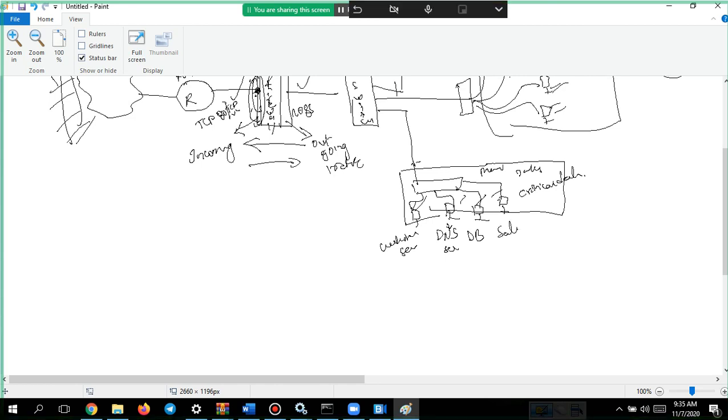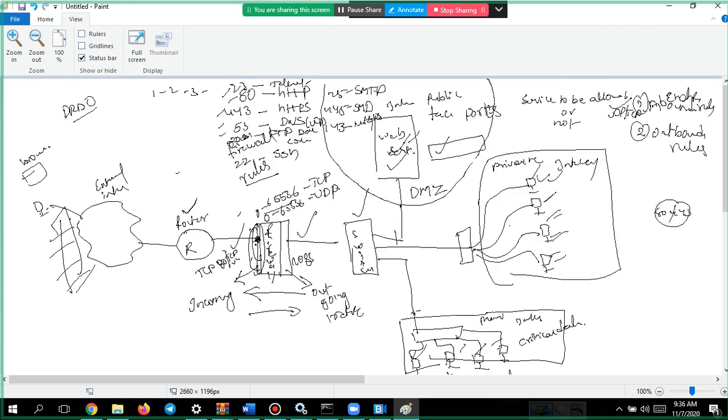Here sales server. So if any person tries to access just www.amazon.com, he is not trying to log in or doing anything, he is trying to just access the web page. The request will go to this web server, and the result will be displayed on his screen, like amazon.com products. But if he clicks on sign in, the request will go from here, and you will get back the username and password entering screen here.